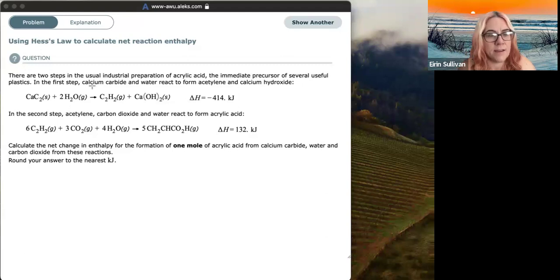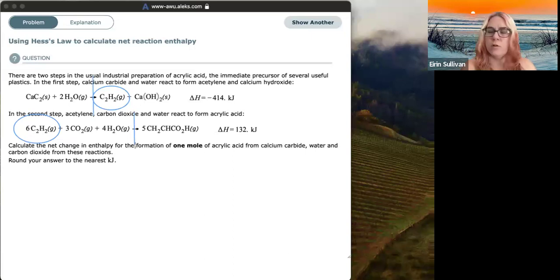An intermediate is something that's formed at the end of one step and then gets used up at the beginning of the next step. And that is your key to balancing the equation, because they need to cancel out. So when you are adding together equations that happen in multiple steps, for each individual step, everything to the left-hand side of the arrow is a reactant in the overall equation, and everything to the right-hand side of the arrow